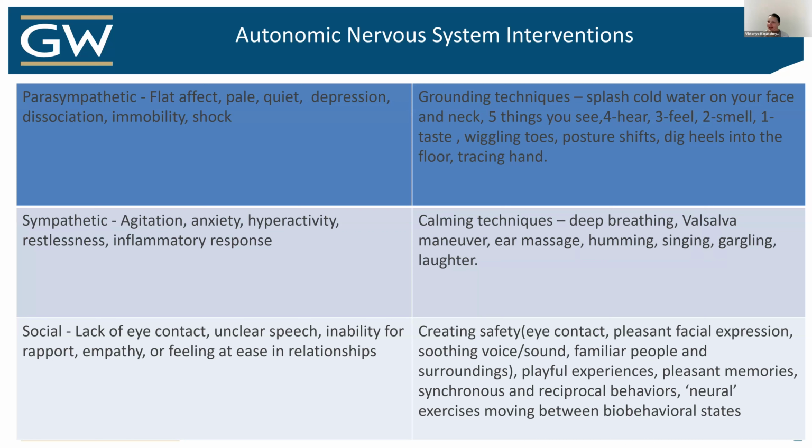Laughter. And I know we have a wonderful laughter yoga session today with our mindfulness experience a little later. So I look forward to that. But laughter helps us to really regulate our nervous system. And then